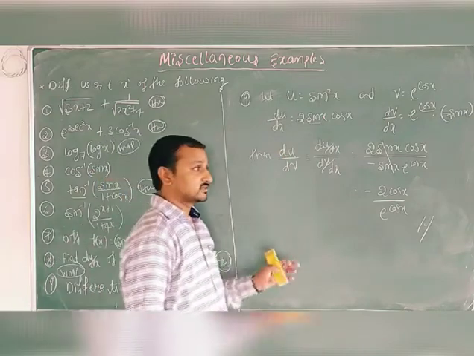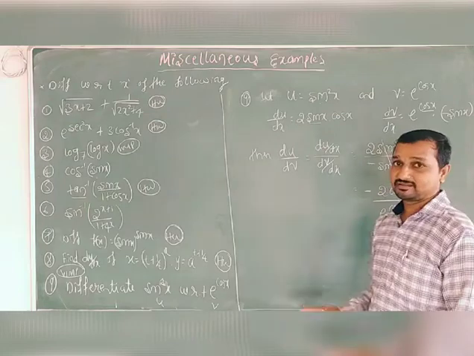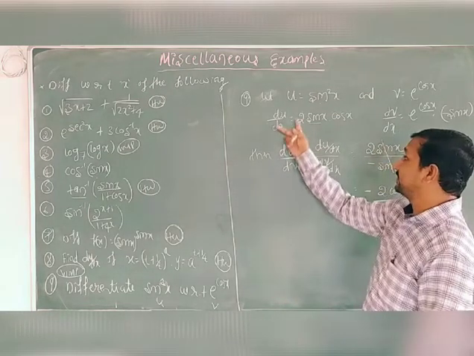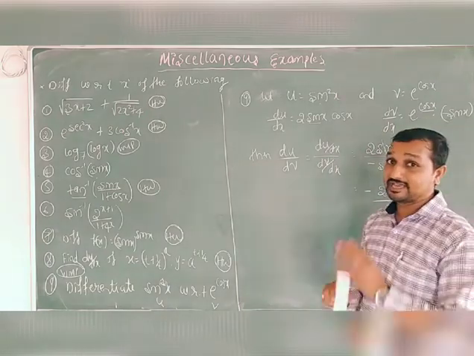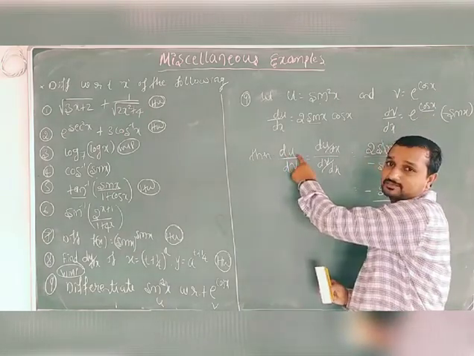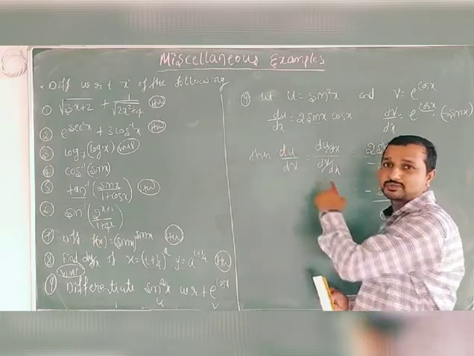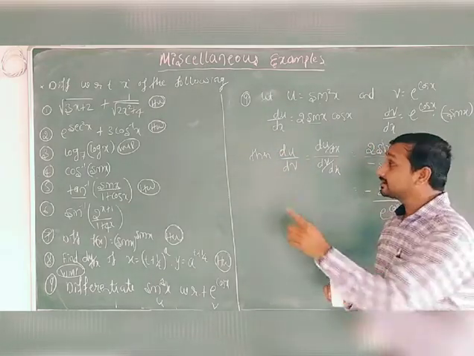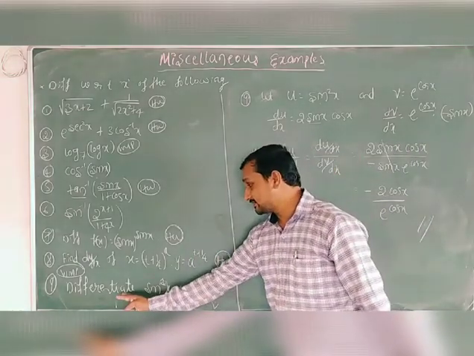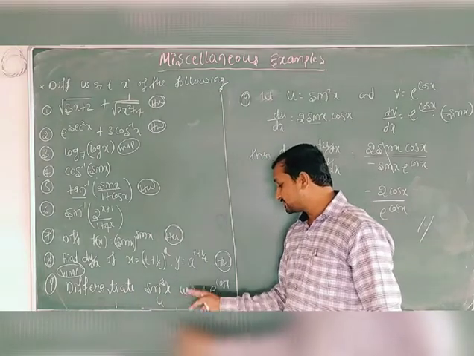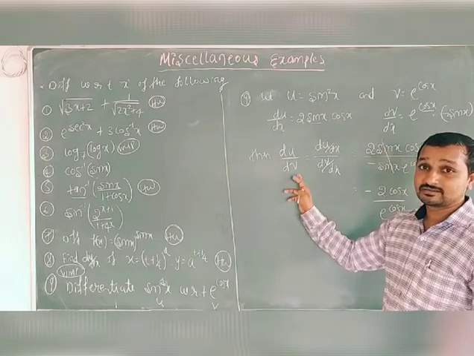Is that clear? Students, see that this is a very easy example, though it looks complicated, for 2 marks only. You can find du by dx for 1 mark and dv by dx for 1 mark, 2 marks. This is a very important term. Some people take dv by dv, then the answer will be wrong. You should take du by dv, because differentiating u with respect to v can be written as du by dv.